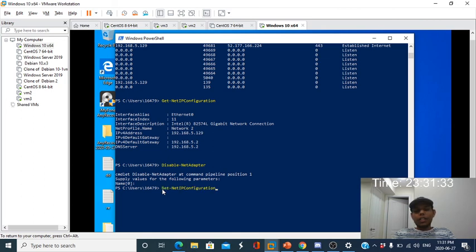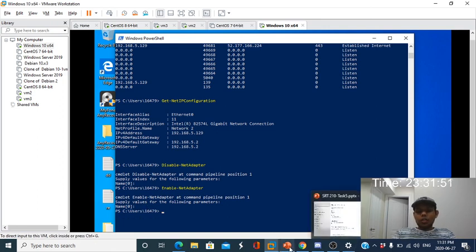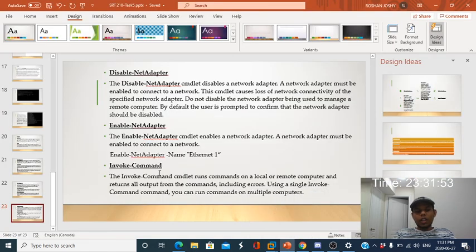So the next command is Enable-NetAdapter. So here we can enable a network adapter. If you are having two or more adapters and if you don't have any network connection, you can enable different adapters here. So I'm not going much into the topic. So the next